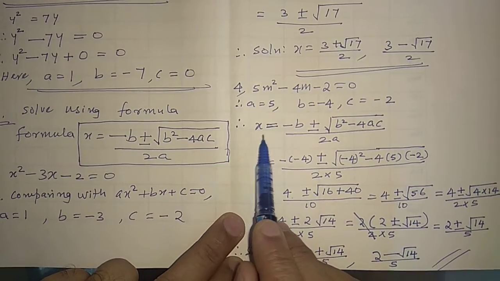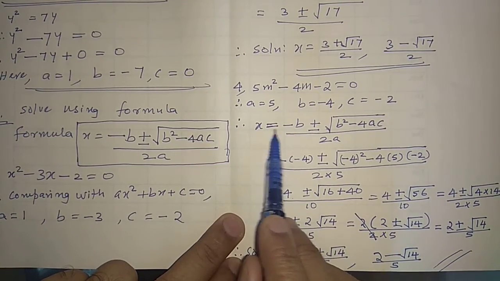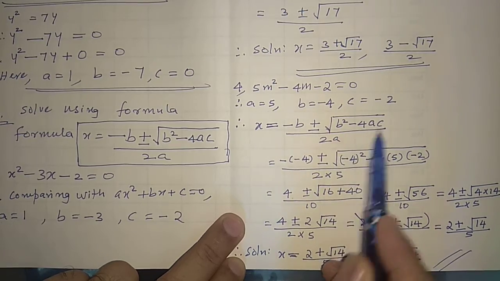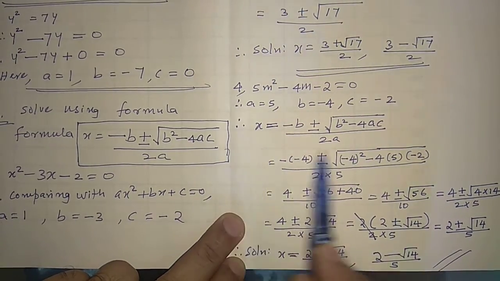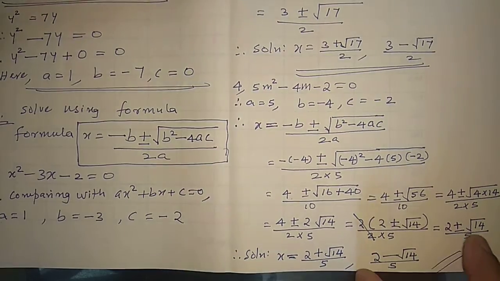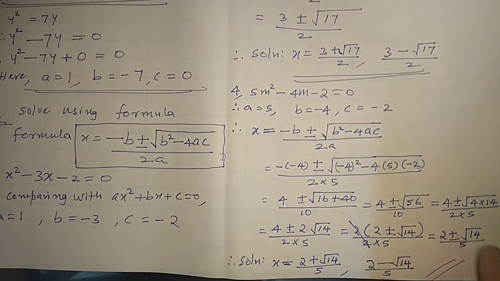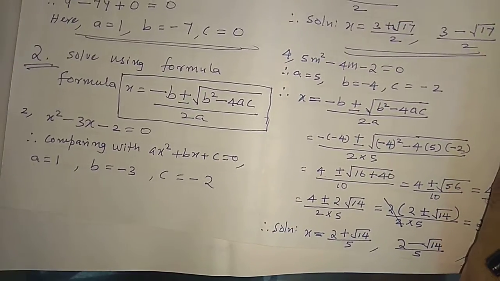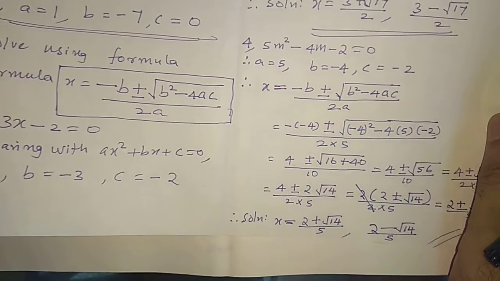The formula is what? x is equal to minus b plus or minus root of b square minus 4ac upon 2a. This is very important. Yesterday I said you do it 2 times. Read it 5 times and learn it by heart. It is very important. This is question number 4 also over.